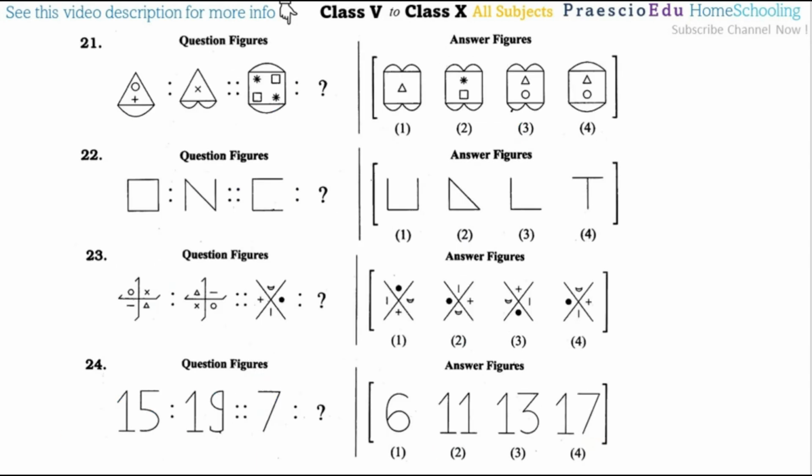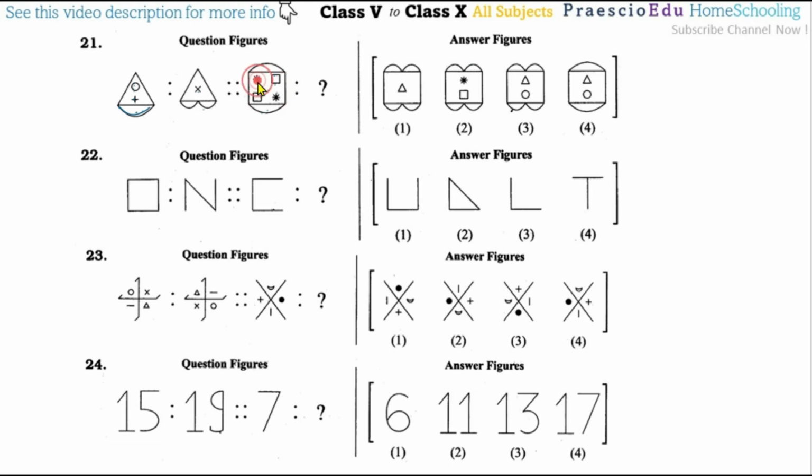Now question number 21. If we compare the figures term 1 and term 2, here the half circle is getting doubled, meaning 2 in quantity, but inside there are two symbols, then it gets hidden and only one remains, meaning the quantity is getting halved. So like this one, there are four symbols, so inside there should be two symbols. Okay, and at this top and the bottom, there is half of a single circle, so that should be two circles, and the new symbols will come here.